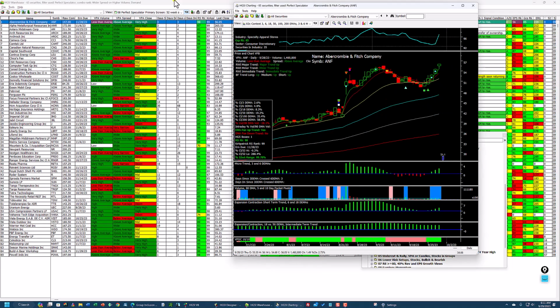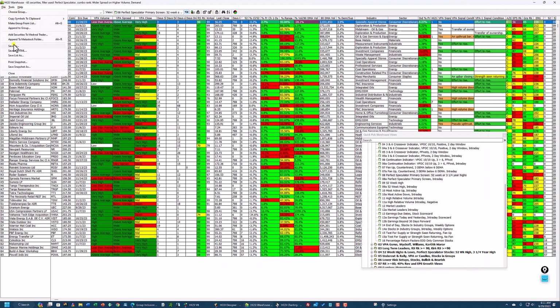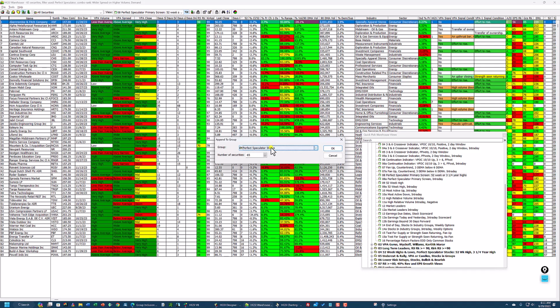Okay. And then what I do is I append this to the perfect speculator stocks, which are in my non-index stocks, and that goes in there. And then at the end of the week, I will go to that particular folder where these were added, and I'll empty it, and I keep a user smart group of all stocks that are within 5% of their 52-week highs or their